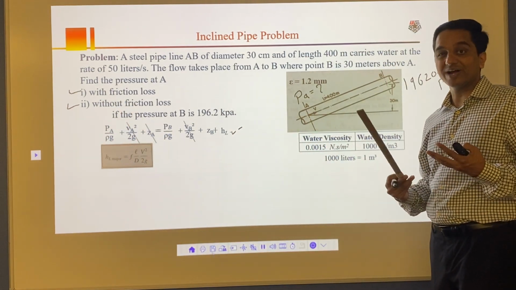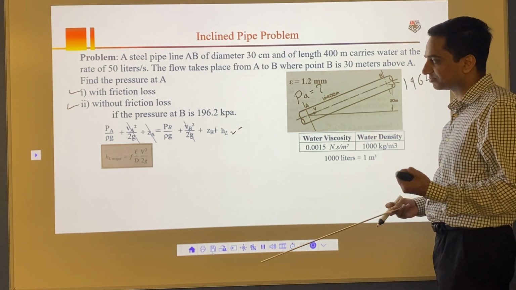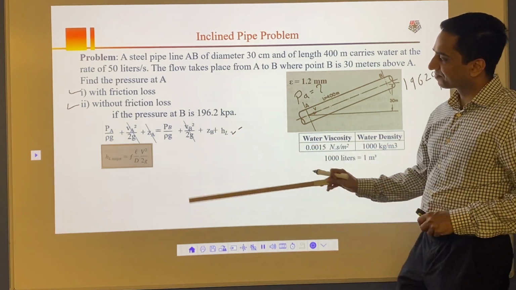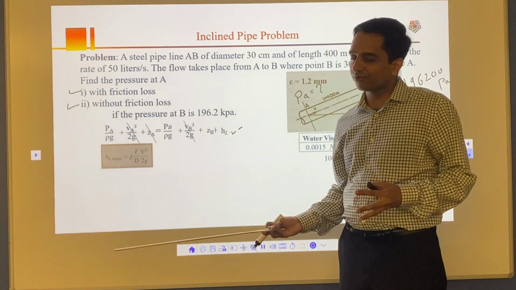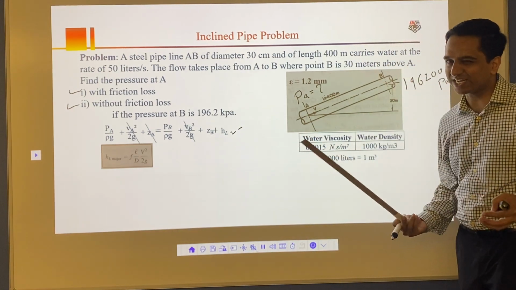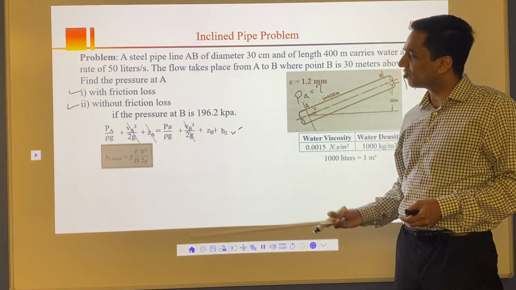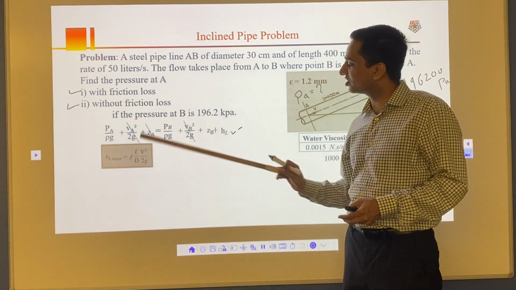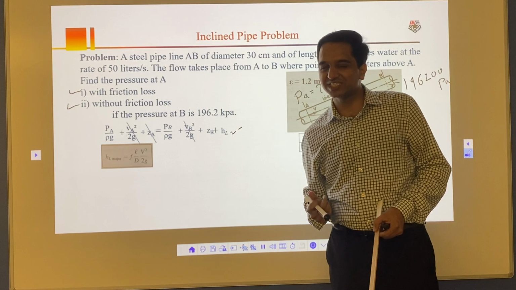Now, in this problem you have to do lots of calculation, but fundamentally it's very easy. It's a concept. Once you understand the concept, you will see it's easy. All you have to do is use formulas and punch in the numbers. We start with HL major, f L by D, V square by 2g. If you want, you can pause the video, do this calculation, and match up the answers later, whether you get the right HL major or the right PA. For the first part we calculated with HL, and for the second part without friction loss, we don't consider HL and we can run Bernoulli's equation the way we did in chapter 3.